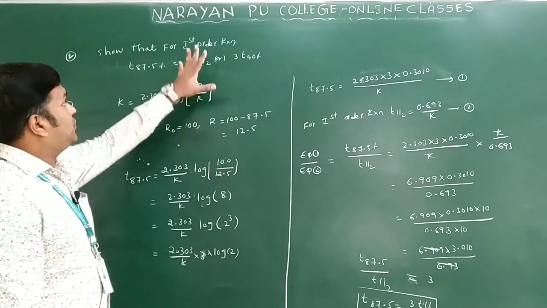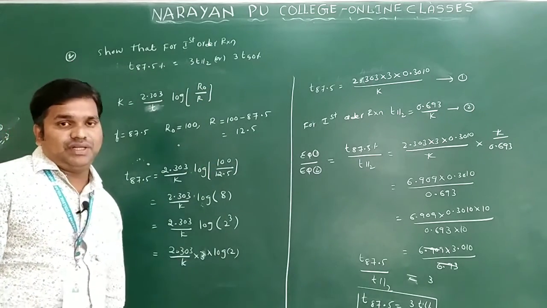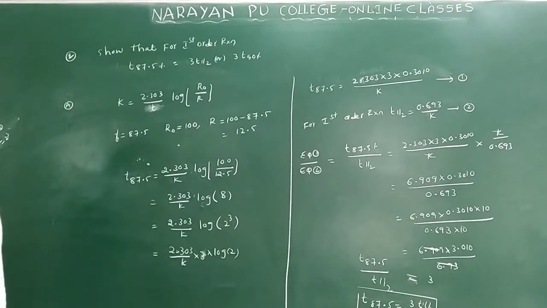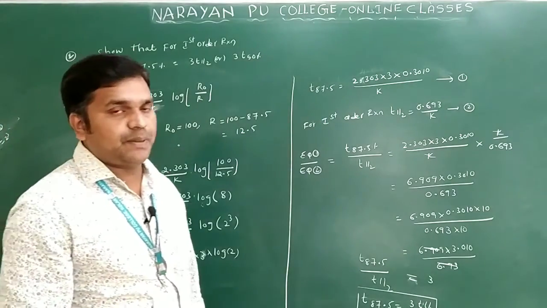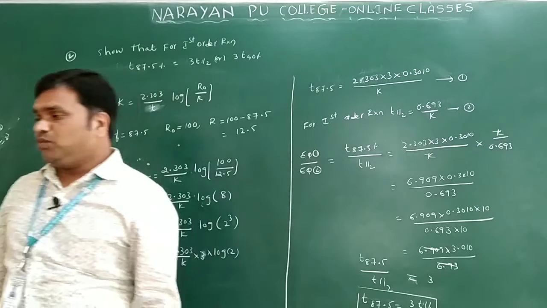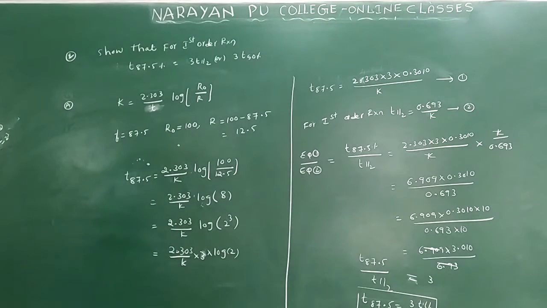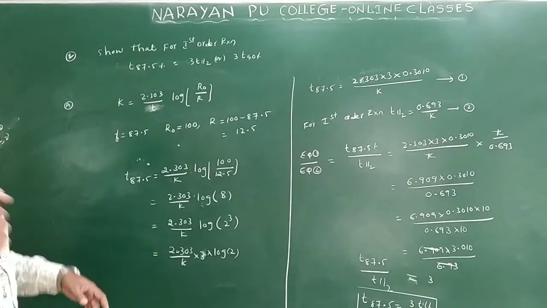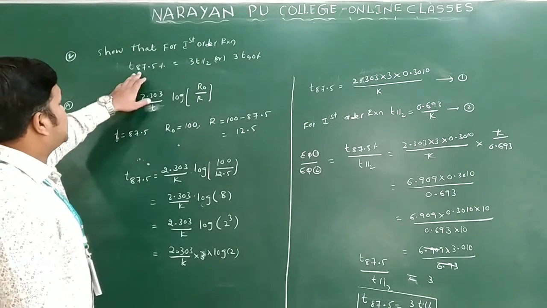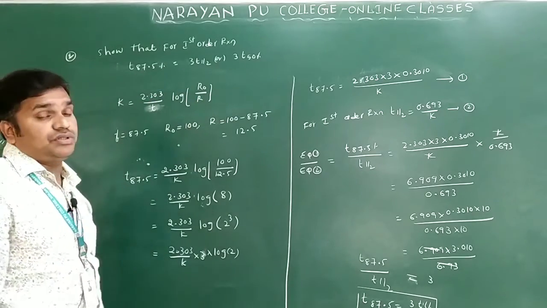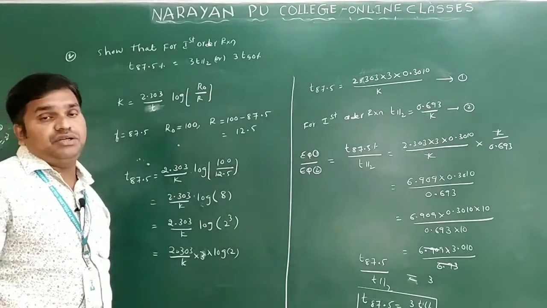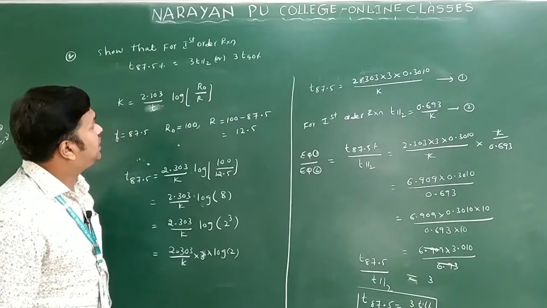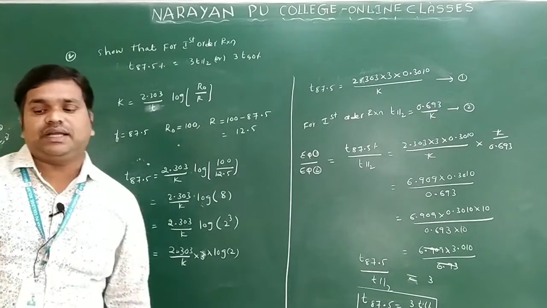So this is for the first order reaction. Before that, what did we discuss? We discussed that T 99% is equal to 2 into T 90%. And before that, in the previous episode, T 99.9% is equal to 10 into T half. Clear? So in this case, T 87.5% is equal to 3 into T half, or you can say 3 into T 50%. So these are some relations in the first order reaction.